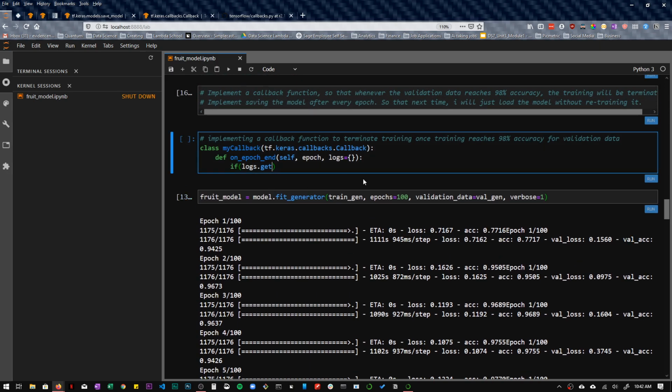So basically for us to do this, we are telling it when the logs of the validation accuracy, actually this needs to be in quotation, is greater than or equal to 0.98.